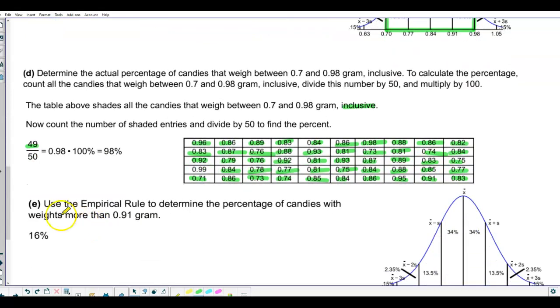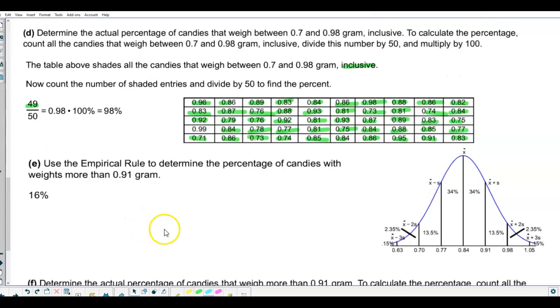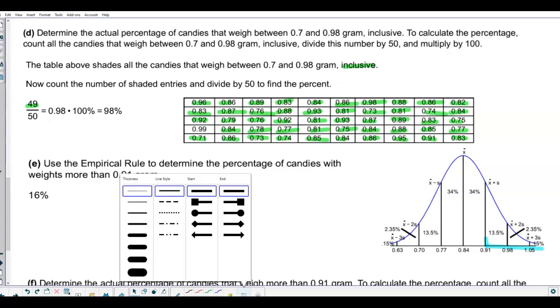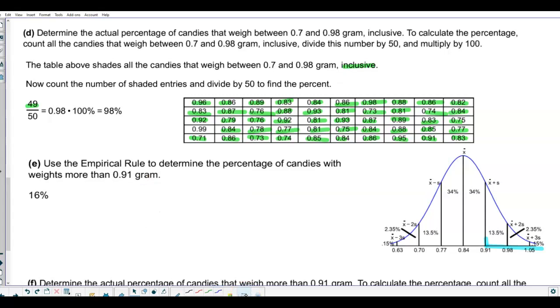Now, in part E, we want to use the empirical rule to determine the percentage of candies with weights that are more than 0.91 grams. So here is 0.91, and it's everything that's more than that. So when we want to calculate the percentages, we can see that we have